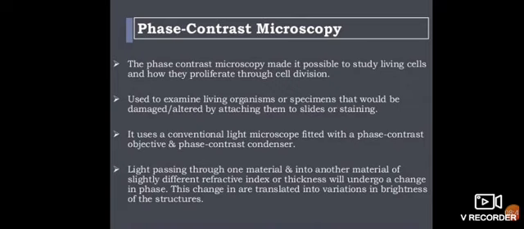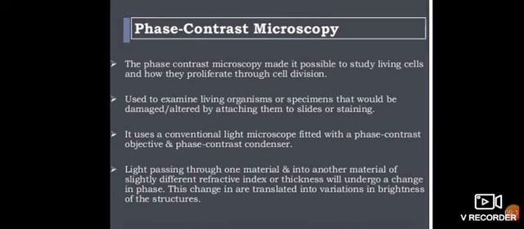From those two parts, when light transfers from one medium to another medium, what does that mean? Light passes from air to the slide medium, then from the slide medium to the object, and then from the condenser to the objective. So these changes of medium can easily be observed by changing the environment, and we can change the brightness with that instrument.